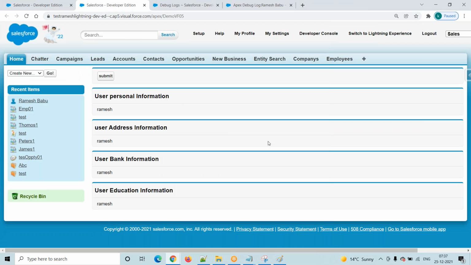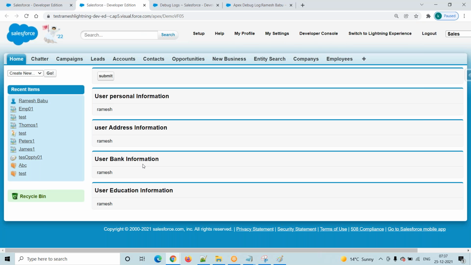Here you have to observe, whenever I click on the submit button, is the entire page reloading or only a particular section? This is my page.